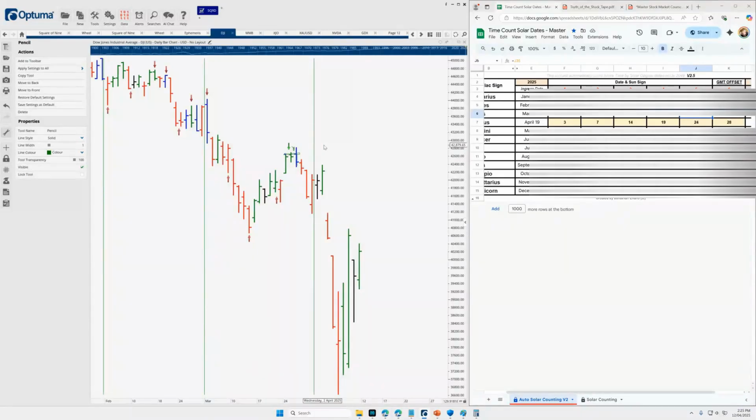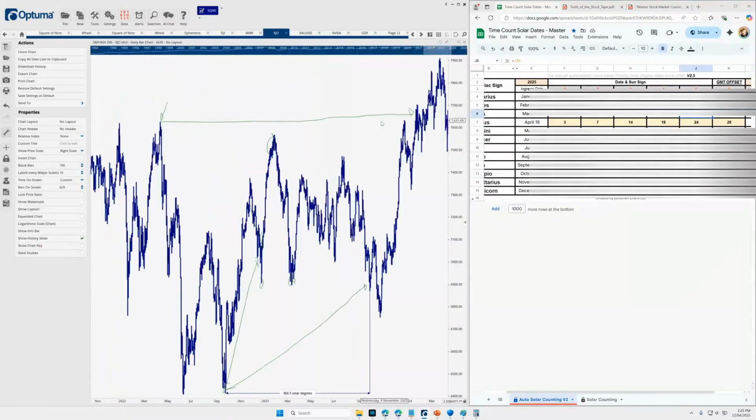So you've got to do some back testing and get an idea on how the stock or that market is moving in and out of these dates so that you can get an idea on what's happening. Now, just remember, this is the average. So if we're looking at the index, whether it's the XJO, gold, doesn't matter what you're looking at, these dates are going to work for every single market.